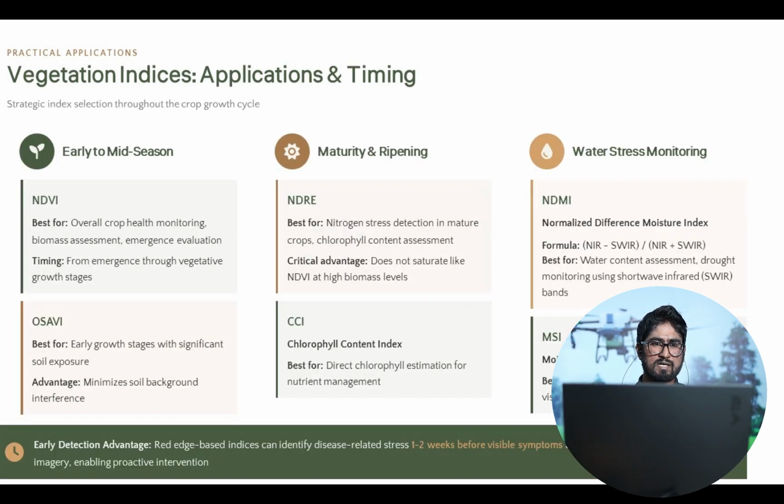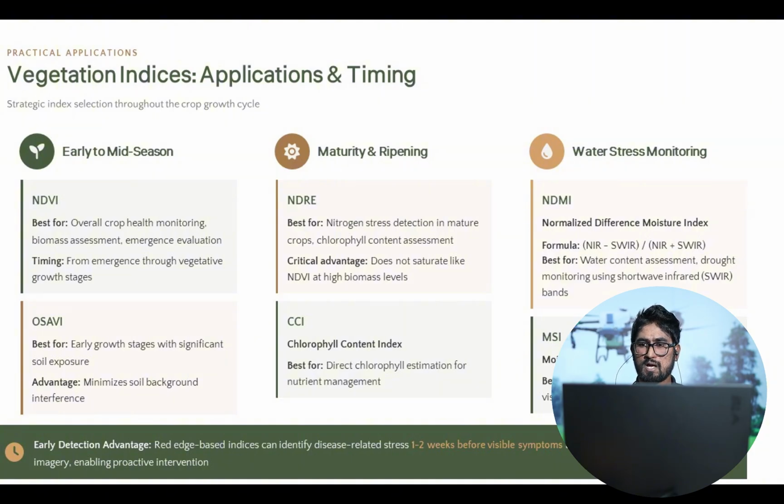We can also use vegetation indices at different stages of the crop cycle. We can use NDVI and OSAVI indices to monitor health condition in the early to mid season of particular crops. In maturity and ripening stages, we can use NDRE and chlorophyll content index to detect nitrogen stress and chlorophyll content availability.